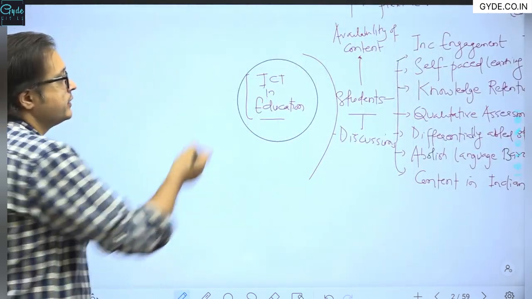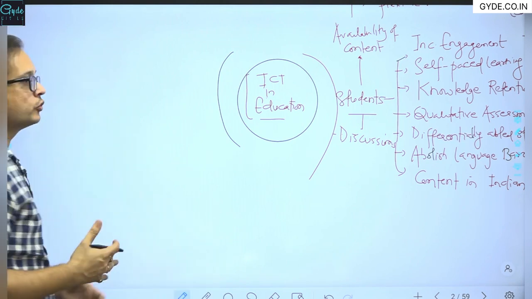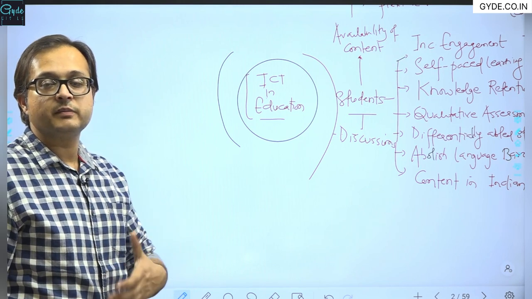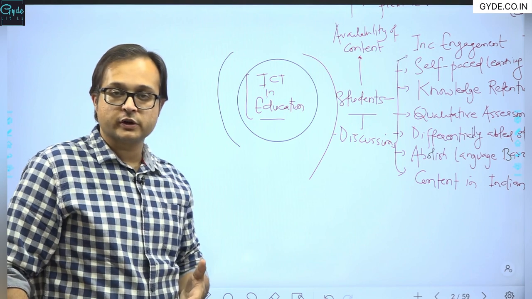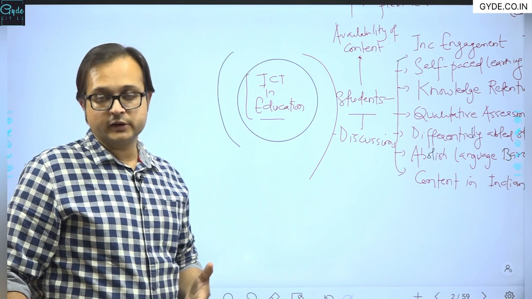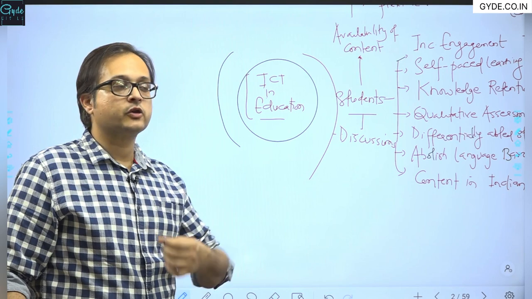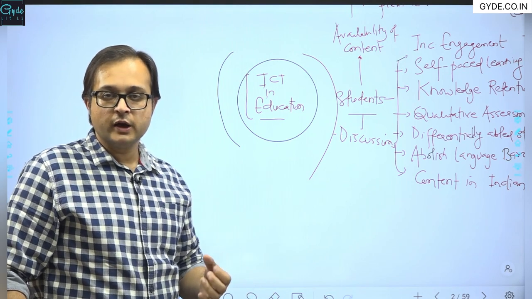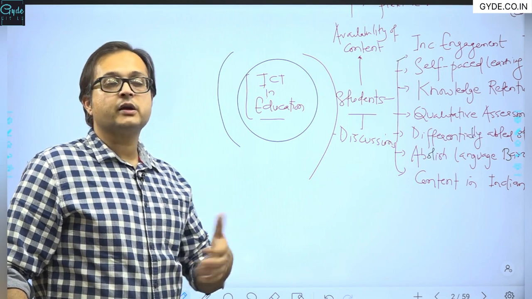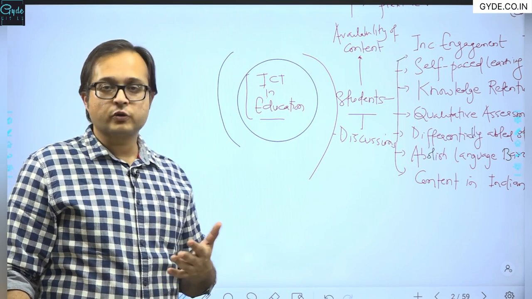Secondarily, ICT would also be helpful in solving the problems relative to infrastructure. For those areas where the educational infrastructure is not present, then ICT based education delivery on the doorstep of the student can help in reducing the need for infrastructure in the rural areas. Rather, the content can be relayed from the distant point in the urban area to the remotest rural area also. And despite not having the school, they can have at least the constant connect with the education system itself, right? So that would be one aspect of it.